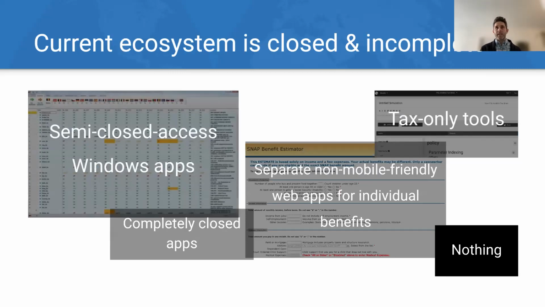And the ecosystem is pretty subpar in our view when it comes to transparency, for sure. So in the UK and Europe, there are a variety of Windows applications that let you do some kind of microsimulation modeling for taxes. Lots of completely closed applications, whether those are used within governments or within think tanks. Sometimes if you're trying to estimate what benefits you might be eligible for, there might be some tools available depending on, for example, the state. This is actually from Oregon, but really it just tells you if you're eligible or not and how much you get.